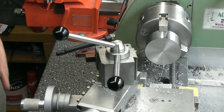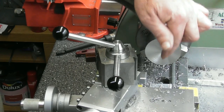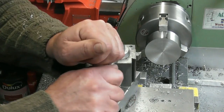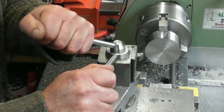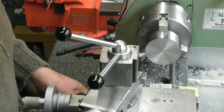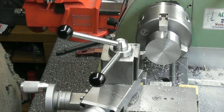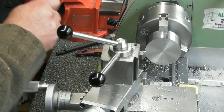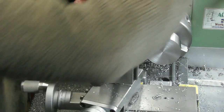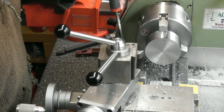Right, so the next step is going to be a shoulder on here, down to 16 diameter and back 8 mil. So, square the tool up. I'll loosen up my carriage, give myself a 0. In fact, my stop's in the way. What I'll do is set my stop back. There's the 0. If I set my stop back 7.9,